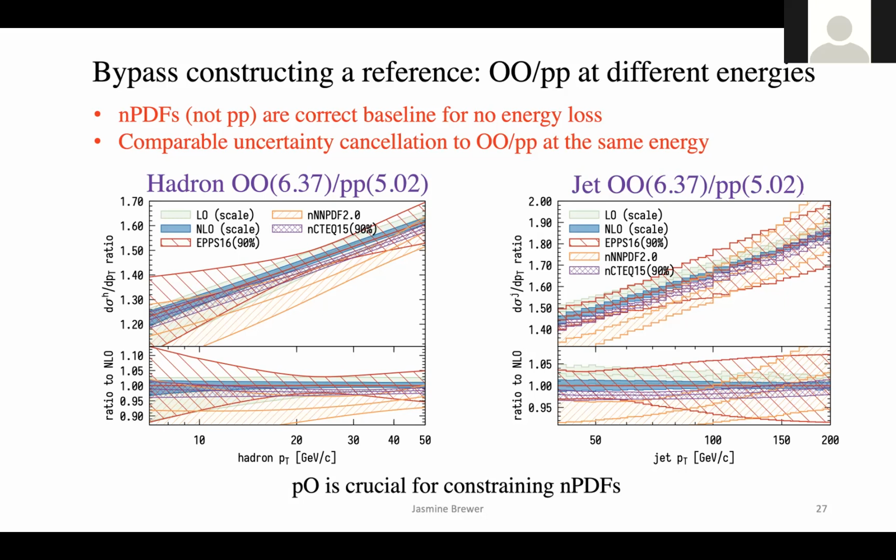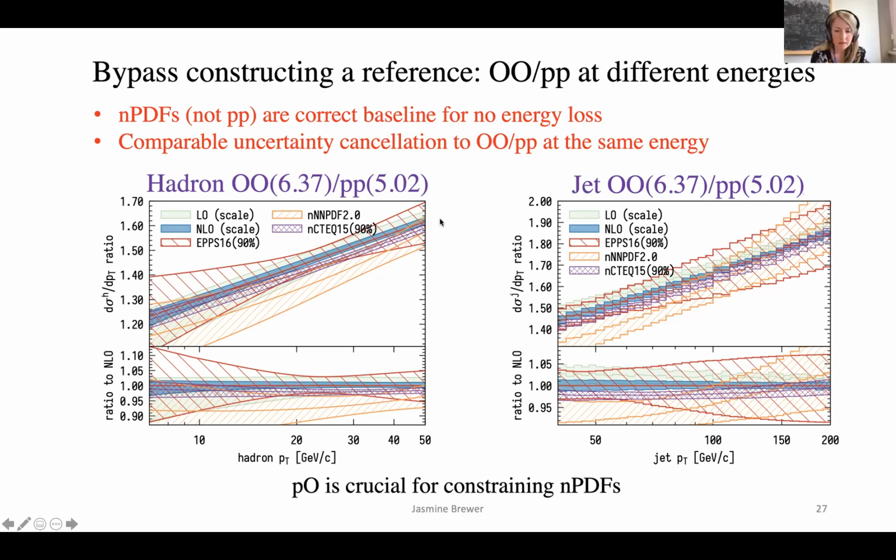Yes, I agree. The dominant one is the nuclear PDF, so you don't care about the others. But I'm still a little bit worried, especially for the hadron case, because of the fragmentation functions. Even if you get that the uncertainties are small, the fact that you cannot reproduce the hadron spectra is probably due to the fragmentation functions not being correct. I would be happier with the jets, where you don't have to care about the fragmentation functions. I guess that we need better nuclear PDFs, but if we are not going to have a pp reference for the pO measurements, it's also going to be difficult to improve the nuclear PDFs a lot.